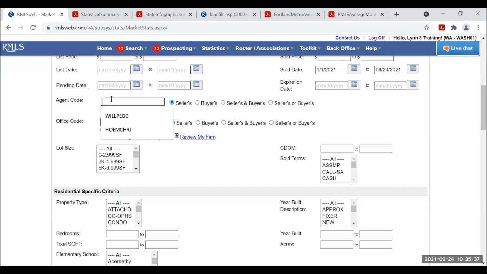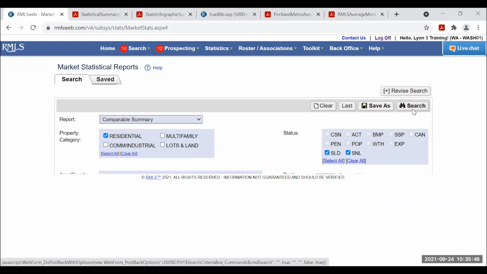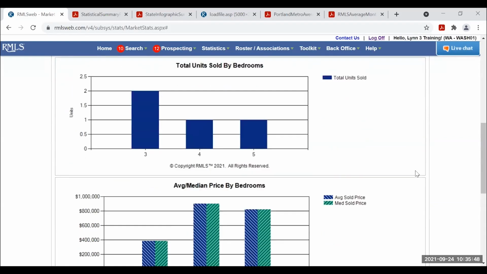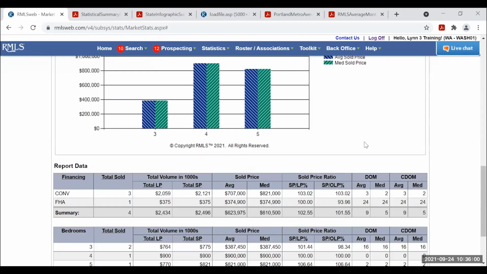You can look it up on the roster. I just looked somebody up at random who had Portland listings. Everything else year to date is the same. And this person, 9 days on market, so on average they're as good as their office, same as their office. But again, the whole marketplace was 20 days on market. So it's kind of a cool tool for that.